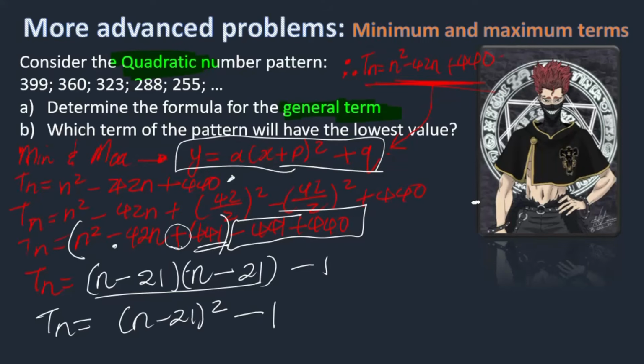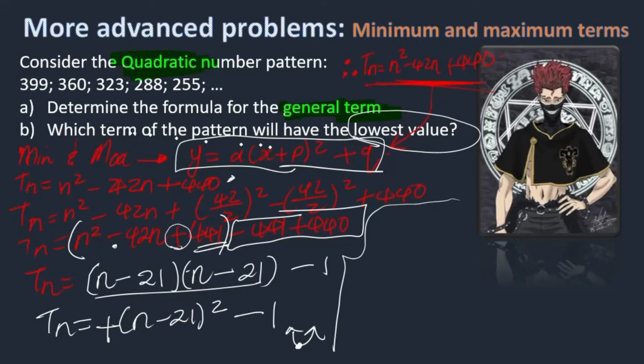And then after completing the square, usually what do we say, right? We usually say this graph, it's positive because there's no sign in front. It means it's a positive. So a positive parabola looks like this. And we know that it has a minimum value. It doesn't have a maximum value. Hence, they ask you this question. What is the lowest value you can ever have in this pattern? You see that? You're going to say, therefore,